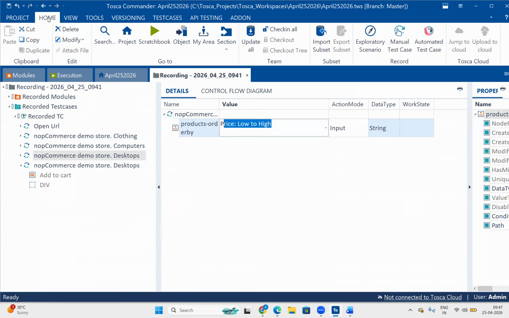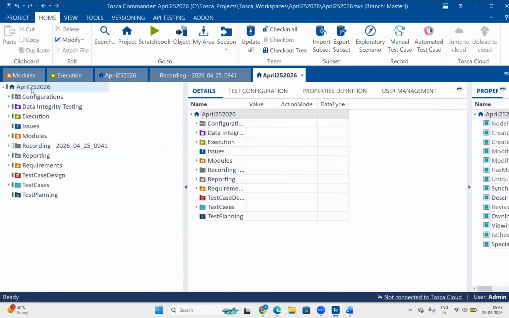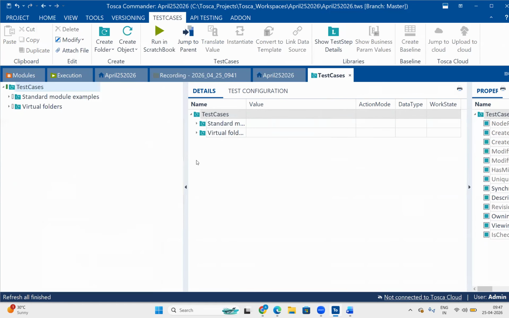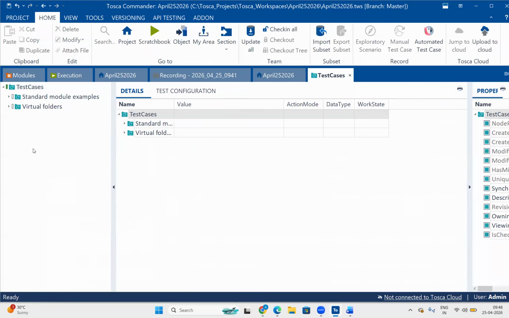That is completely at the test case section level, for all test cases. If any team member's test case fails at execution level, it will automatically capture the screenshot.